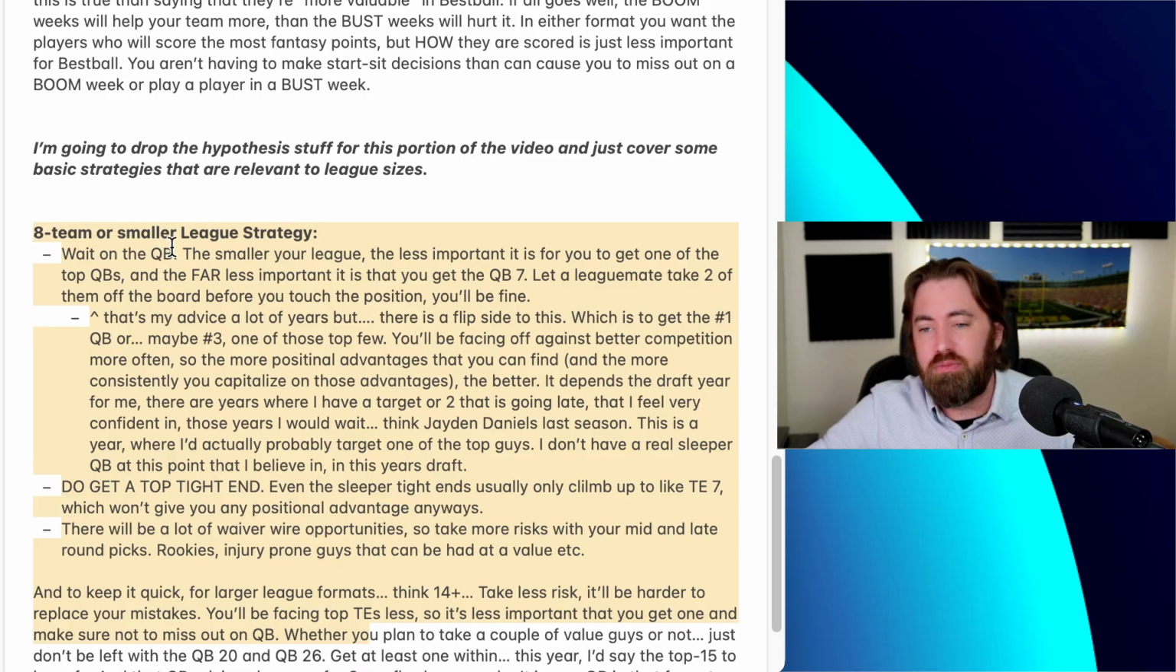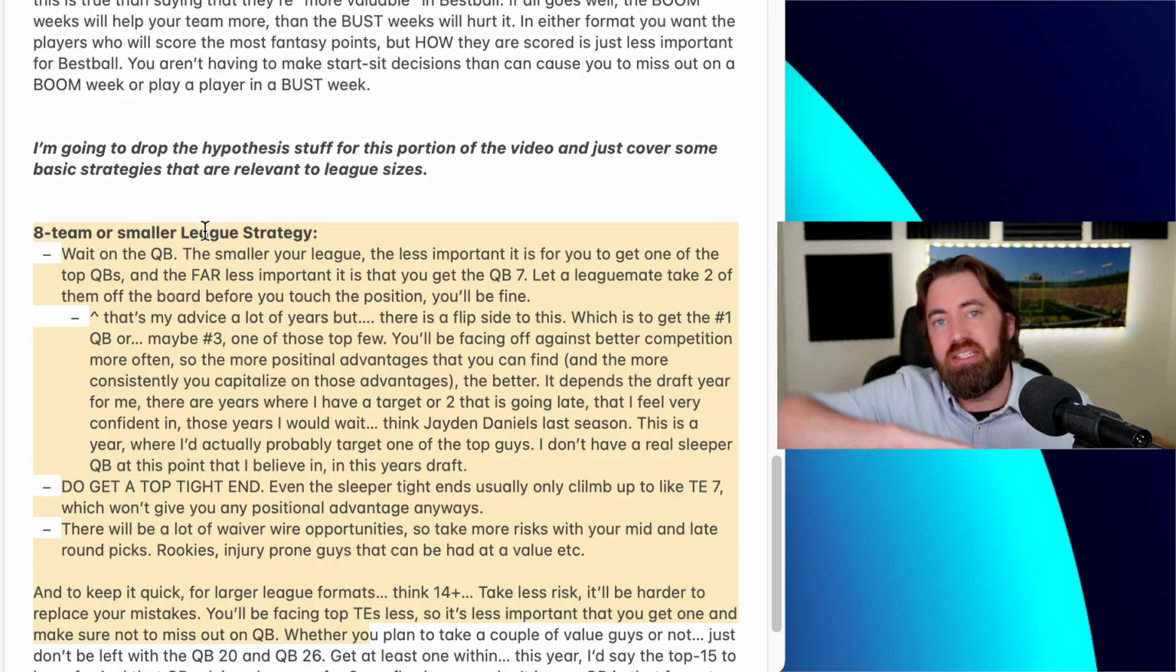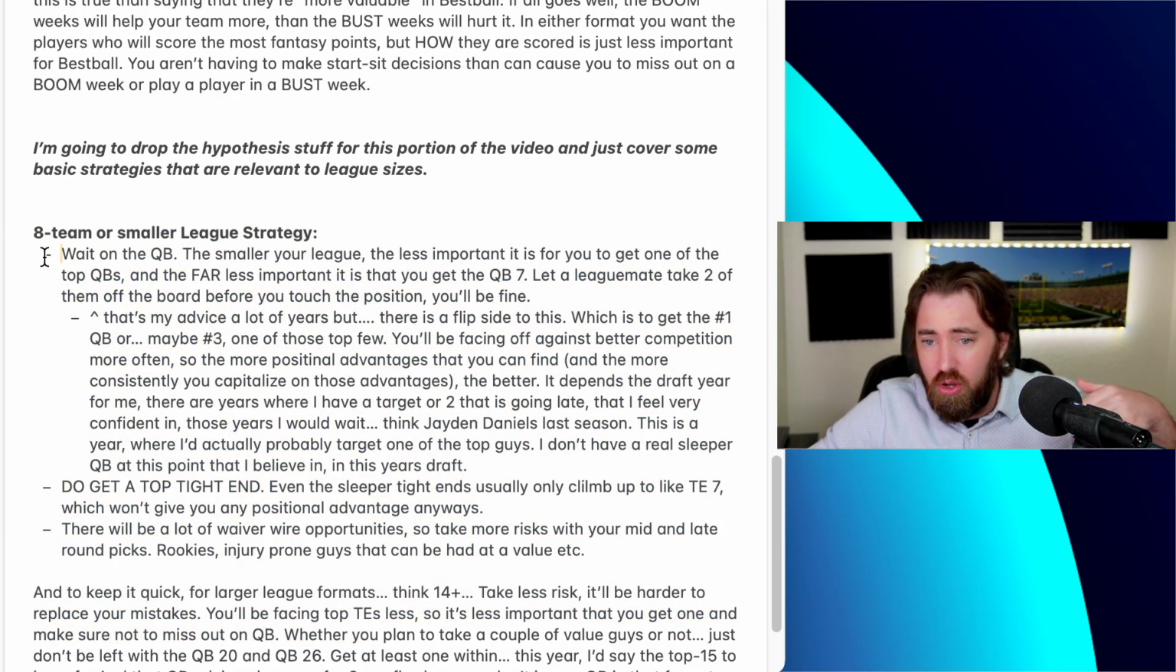So, 8-team or smaller league strategy. Simultaneously, we're just going to look at the inverse of that for larger league strategies. So what I'm saying here is, in 8-team or smaller league strategy, you should wait on the quarterback position. The smaller your league, the less important it is for you to get one of the top quarterbacks. And the far less important it is that you get the quarterback 7, 8, 6, 11. Let a league mate take 2 of them off the board in these small formats before you touch the position,